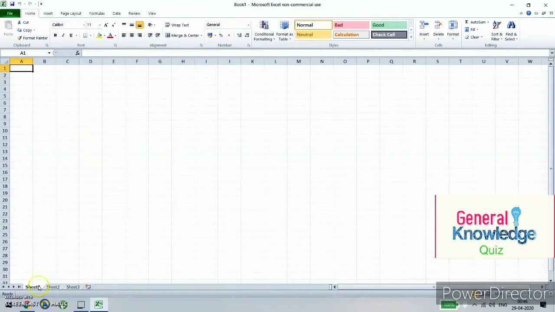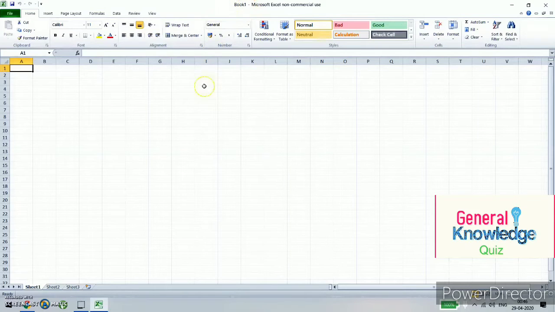Down below you can see we have 3 sheets open. Presently we are working in Sheet 1. If I move on to Sheet 2, it is highlighted. The sheet which I am selecting is highlighted. Now I'm going back to Sheet 1. Whenever we open MS Excel, the file is your workbook.